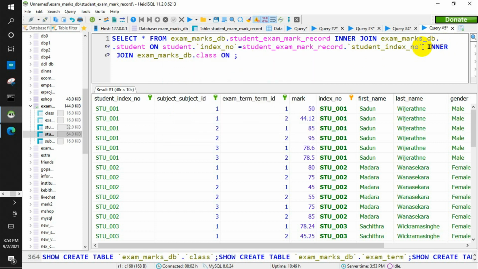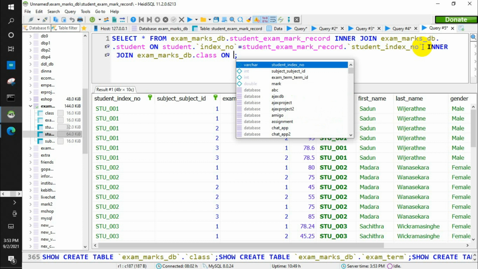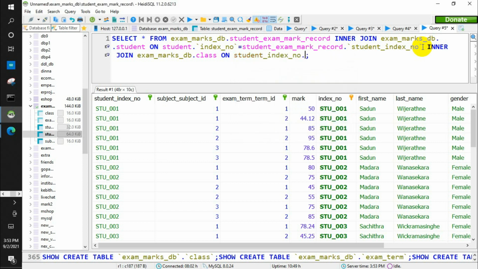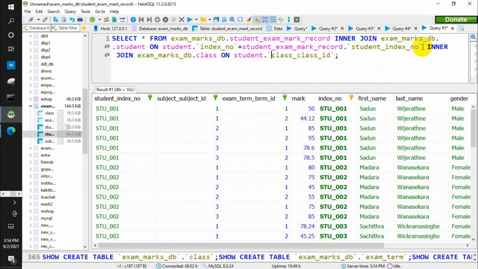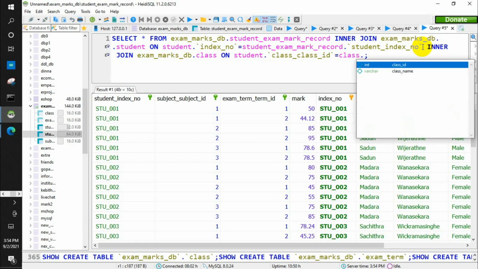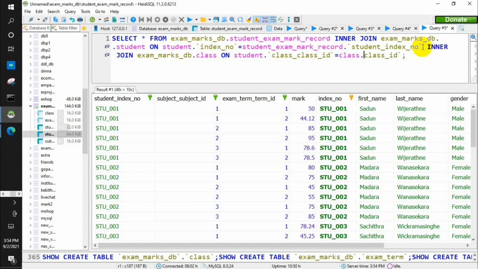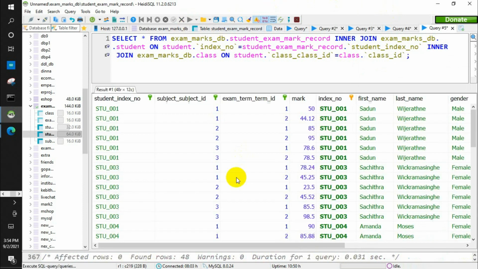Class table on the condition: class ID of the student table should be equal to class ID of the class table. Now altogether with the details of the student, I have the details of his or her class.